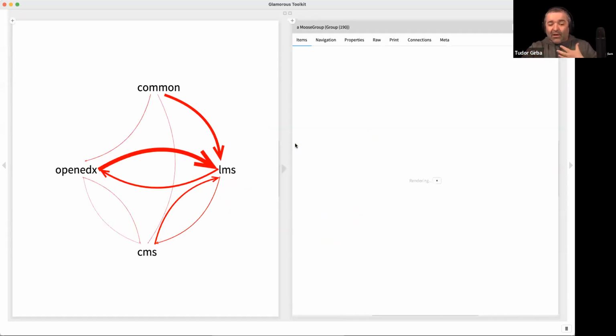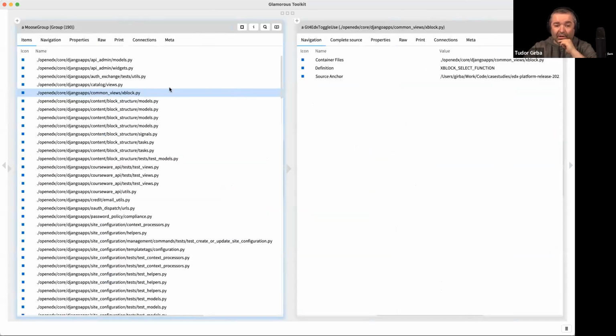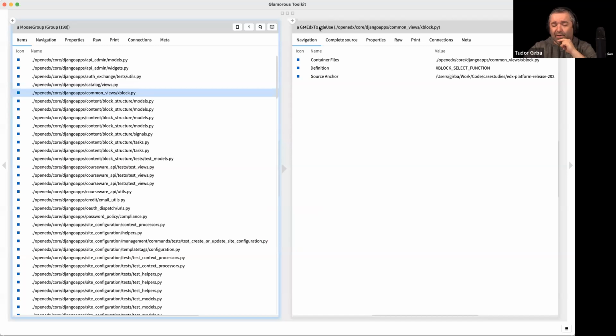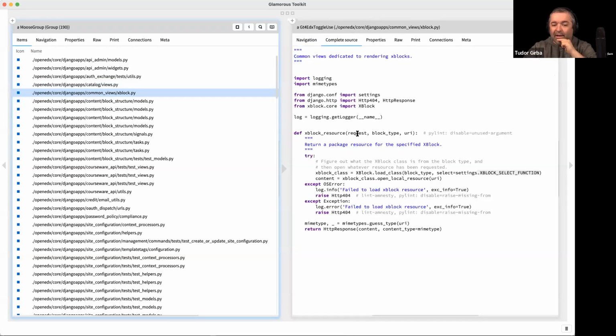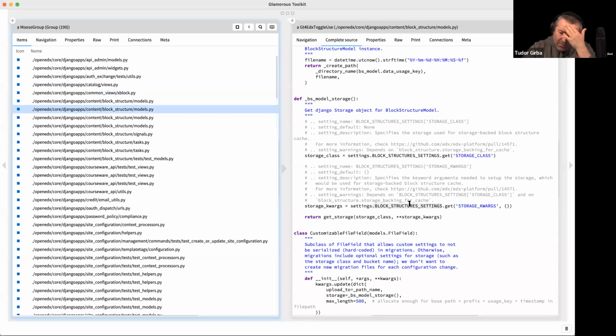So for example, here, if I click on one of these arrows, I can see the place where a certain usage of a toggle happens. It's in this specific place, and I can go and see the source code. Now, in this case, let's take another one, like here. Here we're seeing,